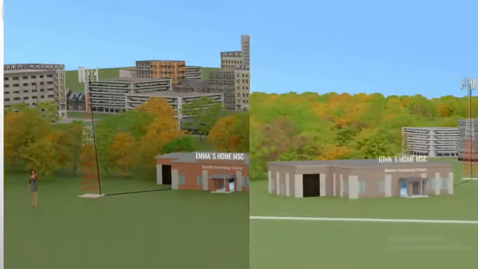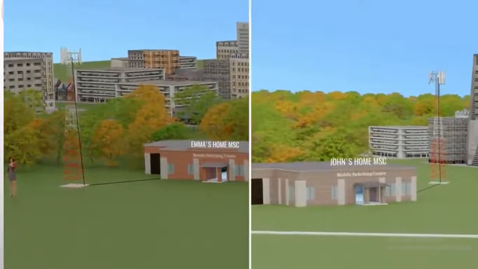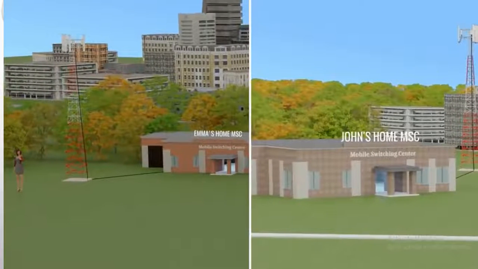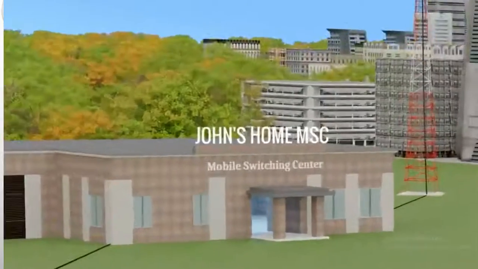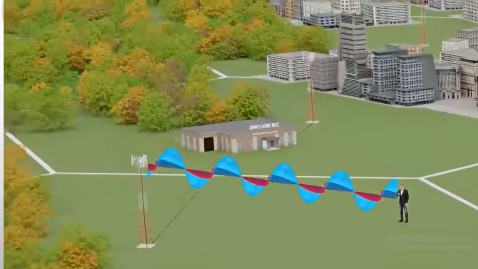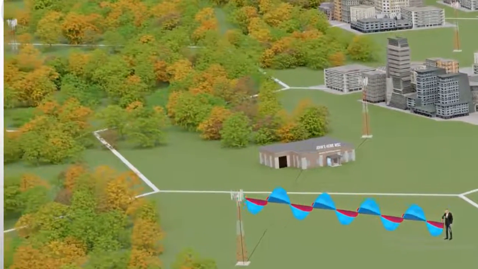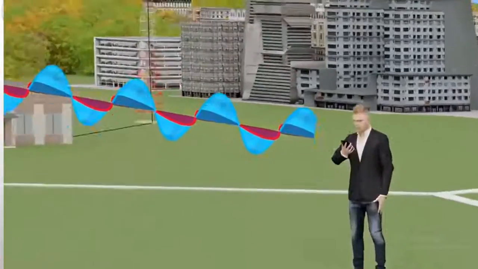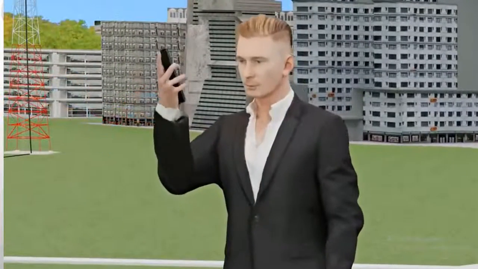There the mobile switching center searches for your destination user information, and it transfers the signal to the destination user MSC. This MSC connects to the base station again in that particular cell tower, cell area, and then it gives the connection to your destination user.